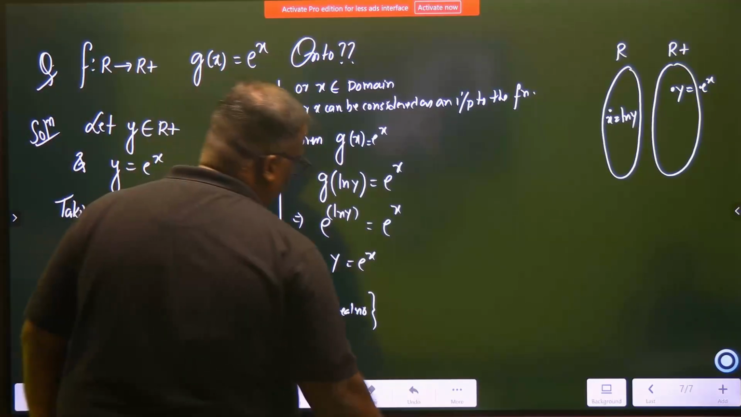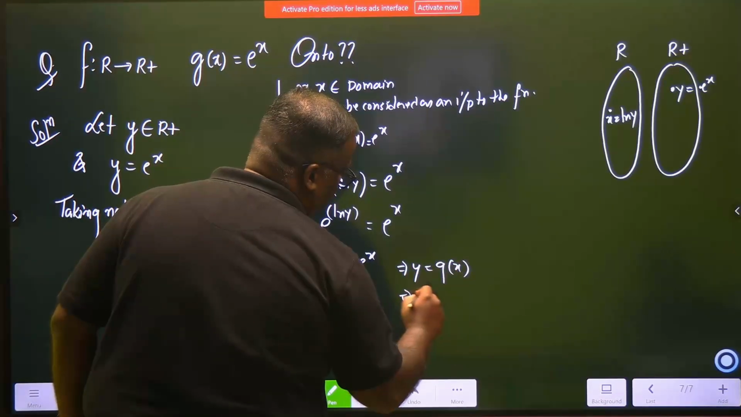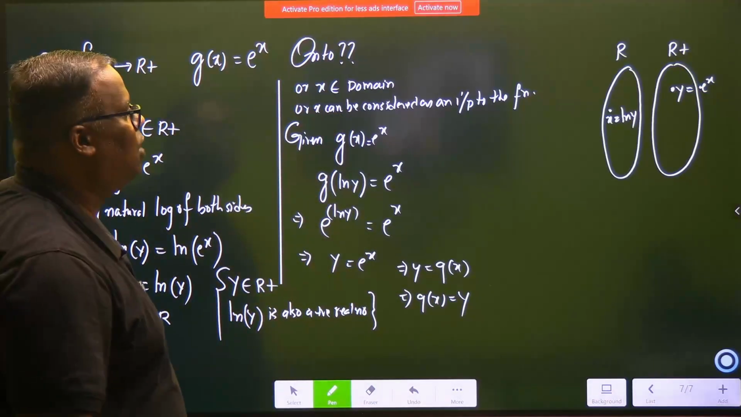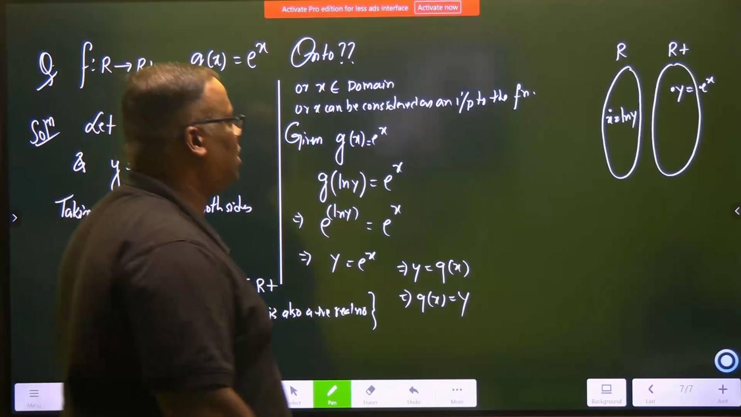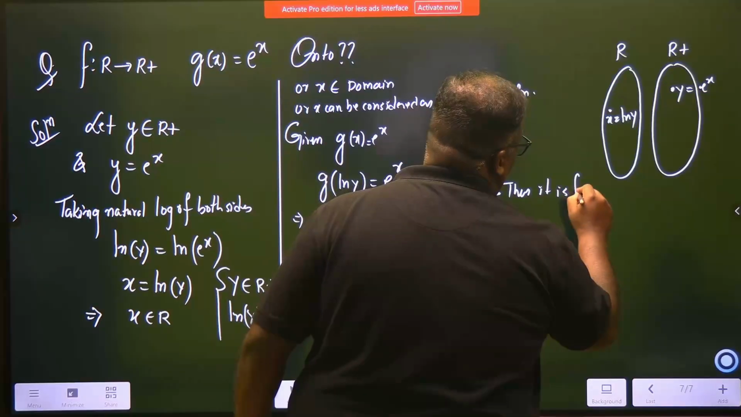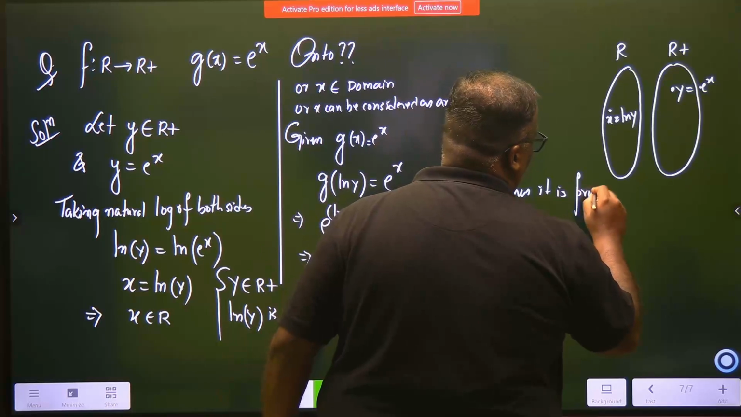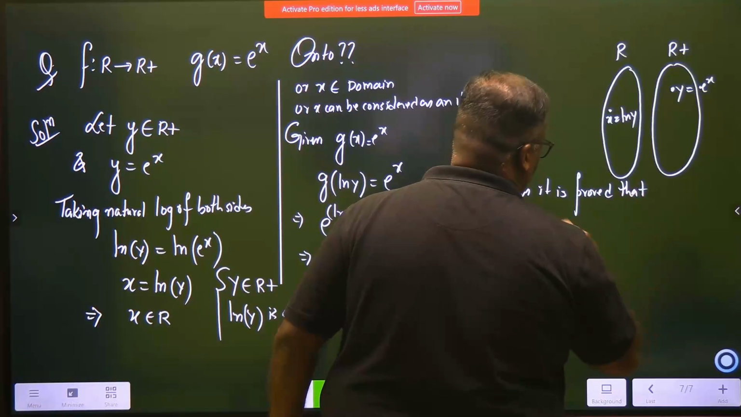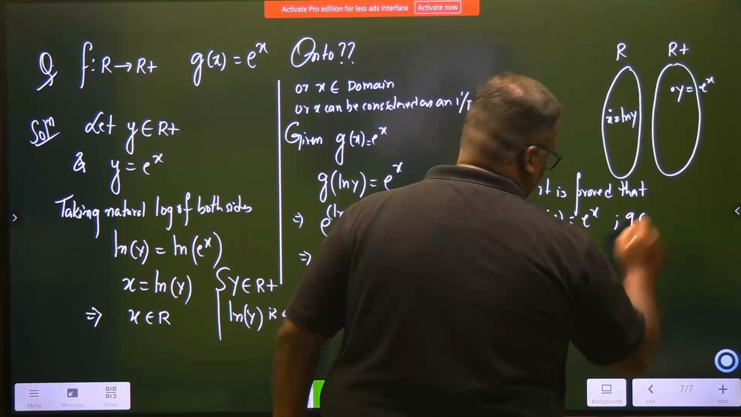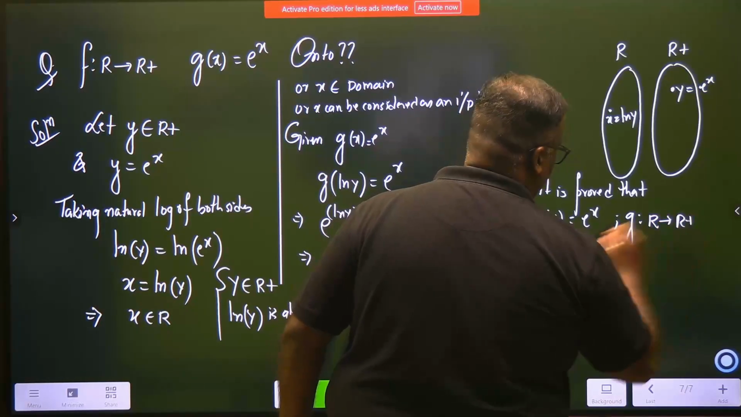And e to the power x is equal to y is equal to g of x, or g of x is equal to y. So you can say that this function, now how will you write? g of x is equal to y. So you can now say, thus it is proved that